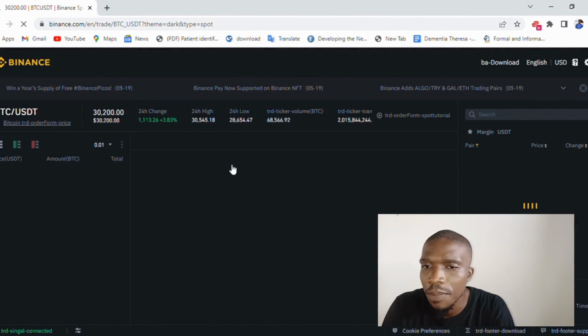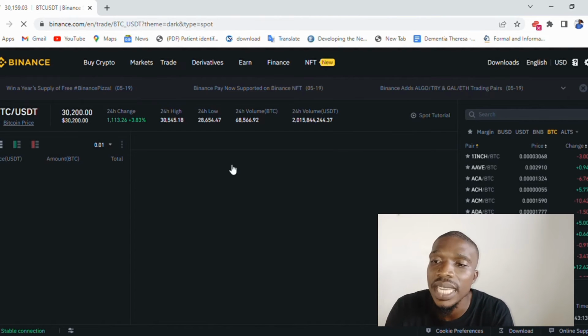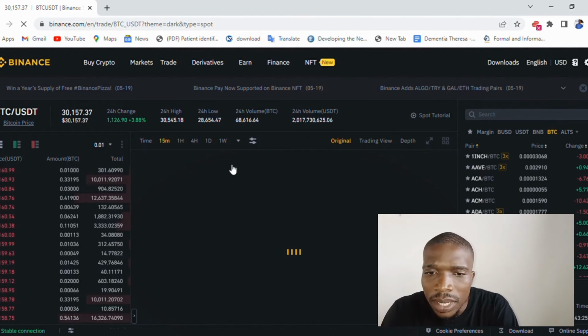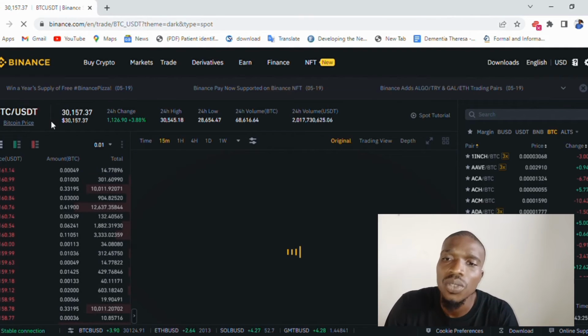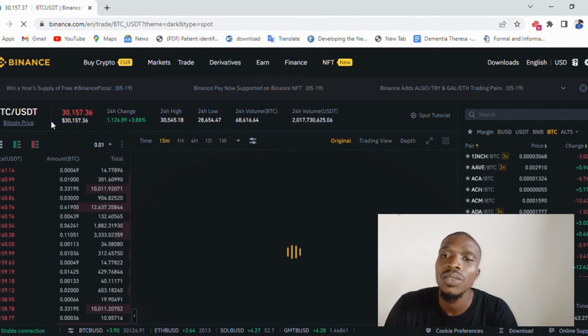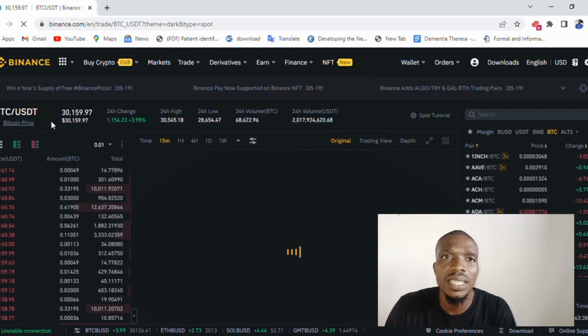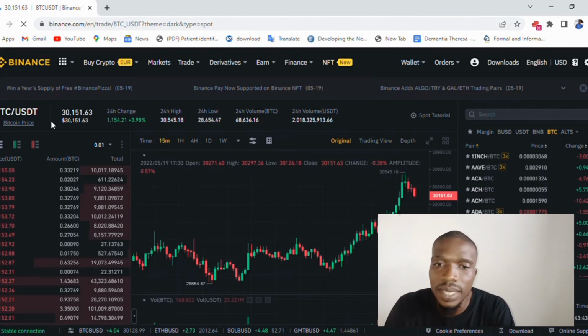Okay, beautiful. Now on my screen, this is the spot trading interface for Binance. Doesn't it look beautiful? I know it does. So what's on my right? We are trading BTC over USDT. So USDT is basically the stable asset which you use in buying Bitcoin. And like I said, you can obtain it using P2P by converting your local currency, which is your fiat, to USDT. And that's a very easy one.